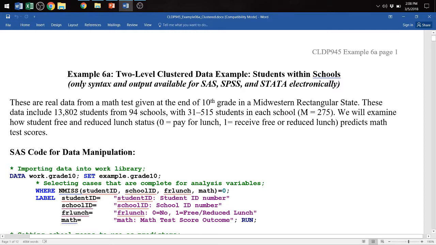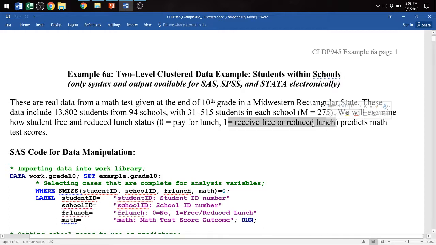The school level predictor that we have for math here is whether or not the kids get free and reduced lunch. 0 means they pay for their lunch, and 1 means they get some kind of discount. So this type of information would be available at the school level, most likely from another source. Schools would know what their proportion of students getting free lunch would be, and that would be a far better level 2 representation of this variable if you had access to that kind of direct information. But I did not, because I borrowed this data and I didn't have any better data than that.